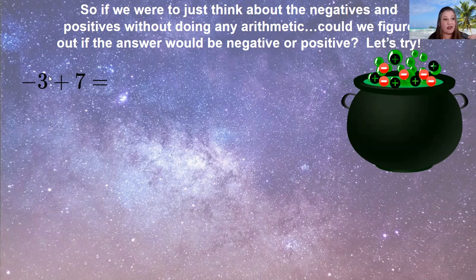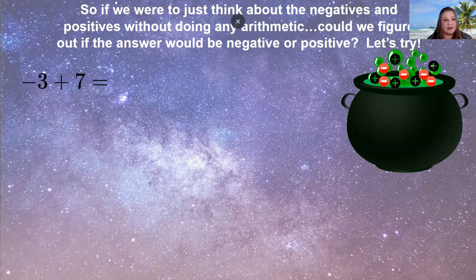So here we're going to have 3 negatives and then 7 positives. So they're going to cancel out. If they cancel out, that means there's less of them. Okay. But which one did we have more of? We had more of the 7. So more of the positives. So that means our answer is going to be positive. And if you think through it, it's going to be positive 4 because we take away 3 of those positives